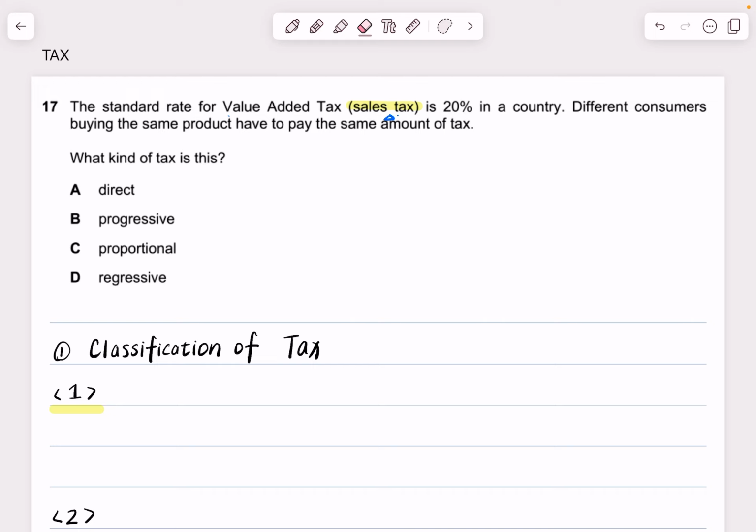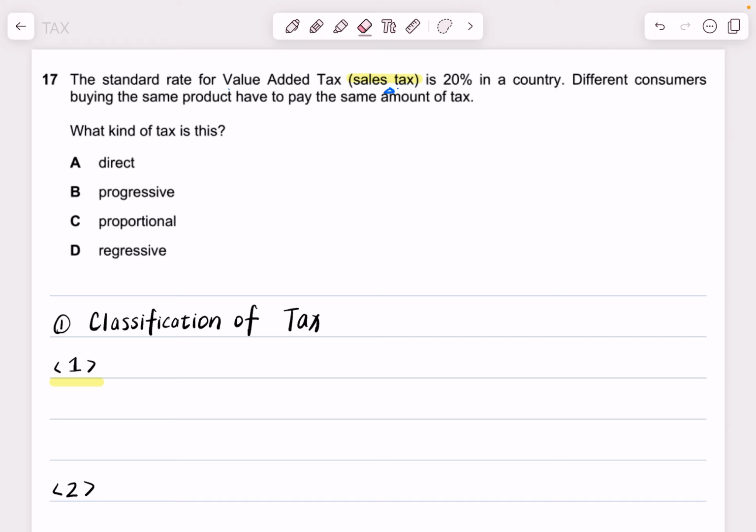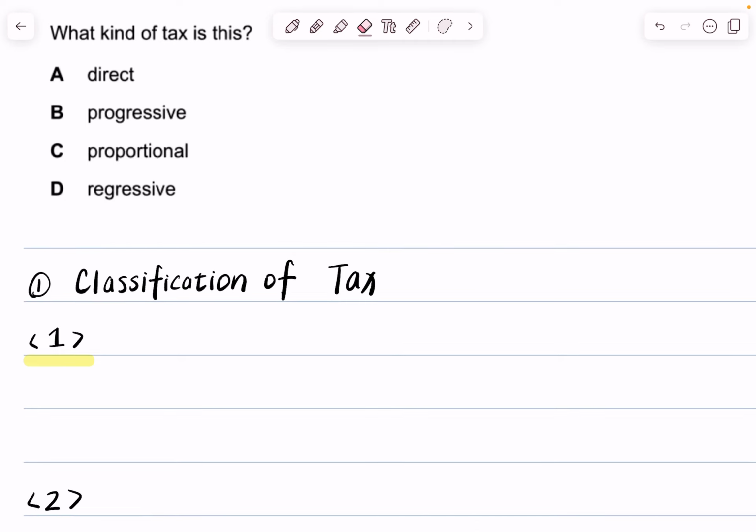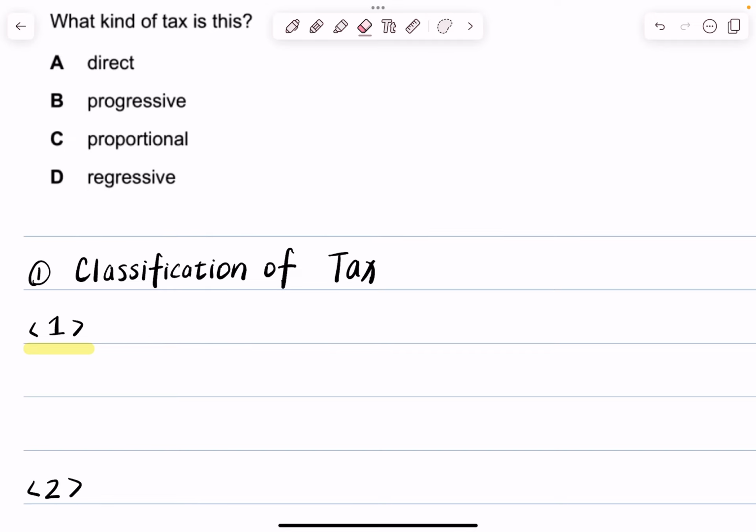It's easy to find that the tax is a sales tax, and different consumers buying the same product have to pay the same amount of tax. It asks us what kind of tax this is. Firstly, we just need to learn some different types of classification of tax. According to whether or not the producers or someone can pass the tax on to someone else, we can divide tax into